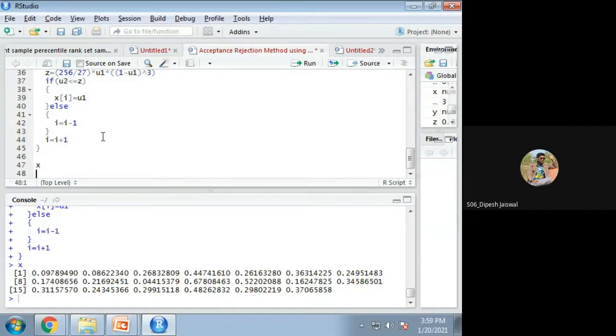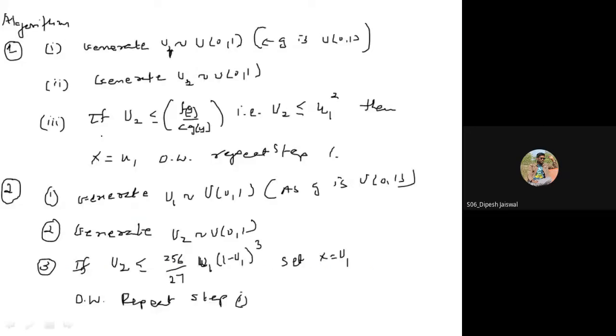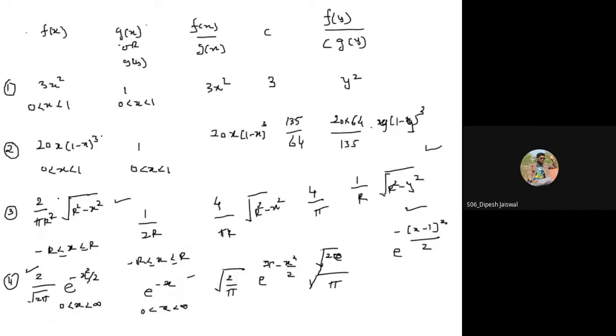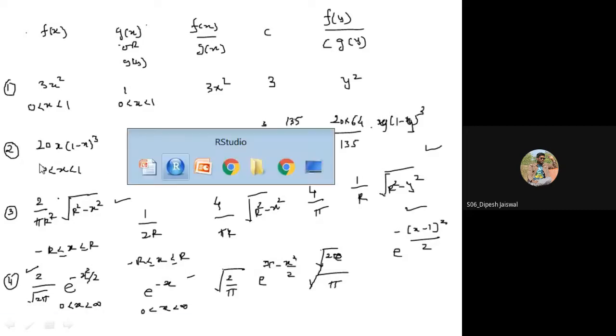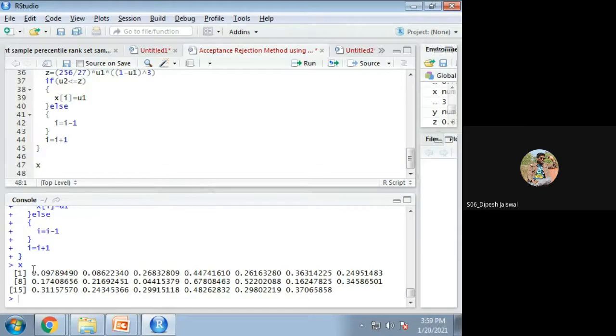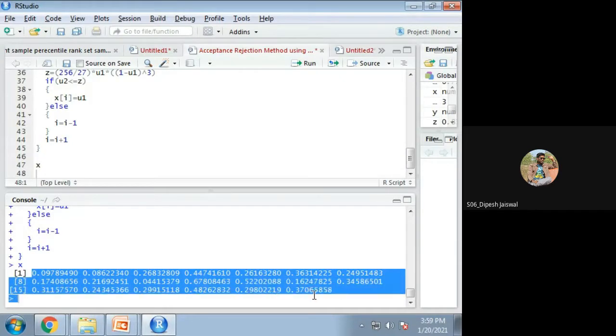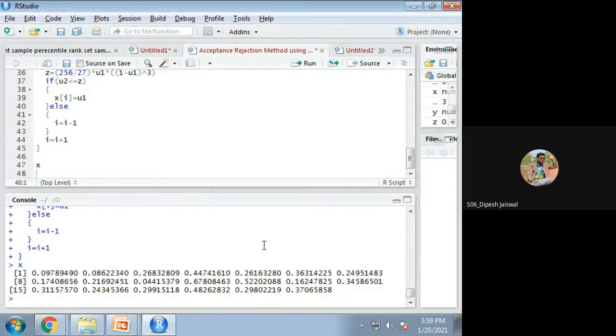And you can see that all, because what is the range of fx? It is 0 to 1. So whatever random numbers are generated, you can see that they lie between 0 and 1. None of the observations is beyond that.